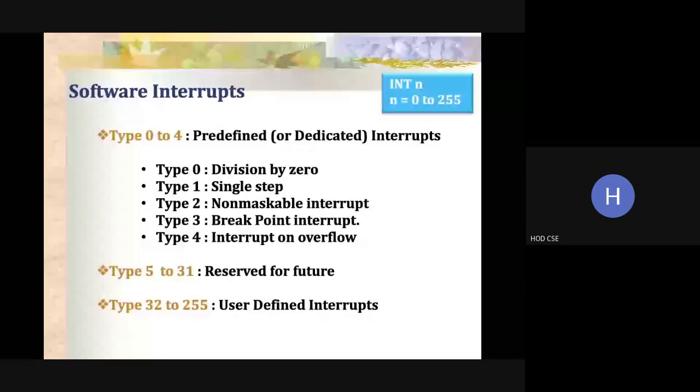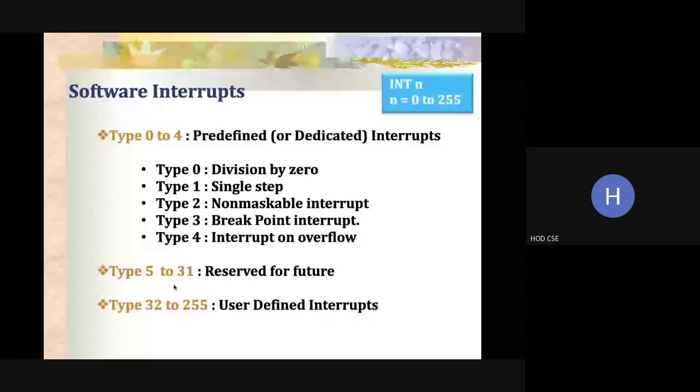And type 2 is non-maskable interrupt. Type 3 is breakpoint interrupt. In some tools like MATLAB, we have this breakpoint interrupt. While you are debugging the program, instead of executing the whole program, we can set a breakpoint. If you have two for loops, the for loop can be set as the starting point and the end point, and that can be executed, and we can easily debug the program.